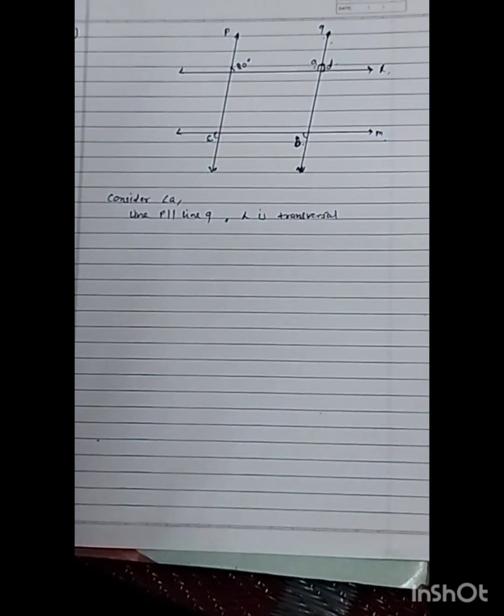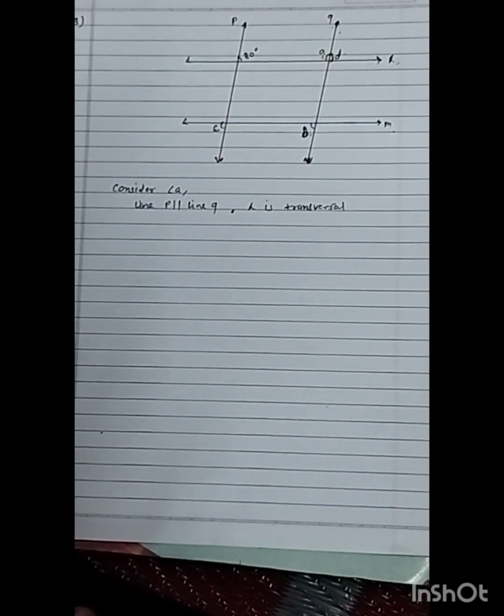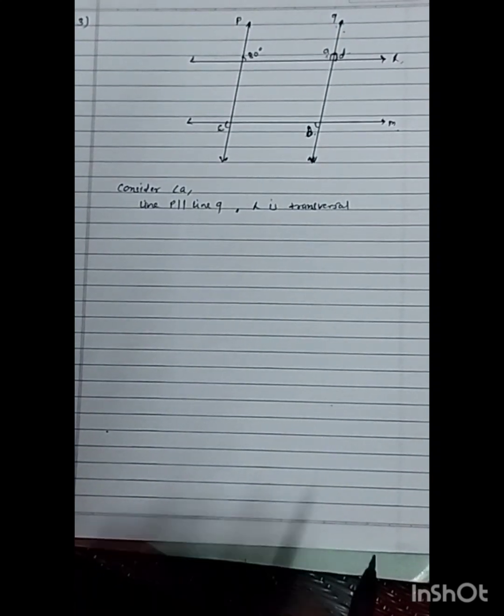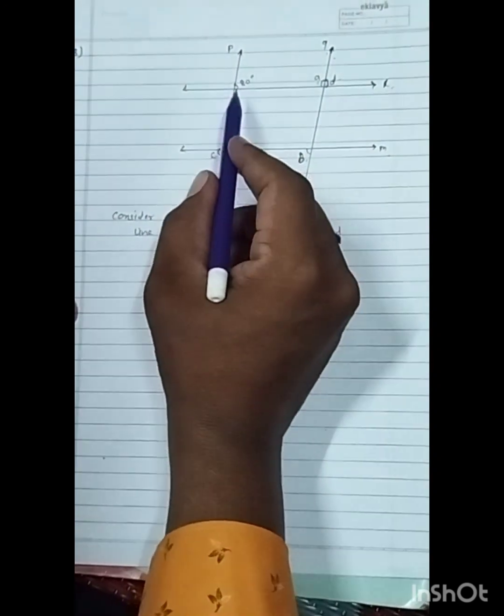Students, I have taken the D for our consideration, so we will get the answers of angle A, B and C. And using the measures of given angle, justify your answer. We have to justify our answer why it's there. Angle A is that much, angle B is there, and angle C. So here, consider angle A. Suppose we are going to speak about the angle A, then we'll see this.